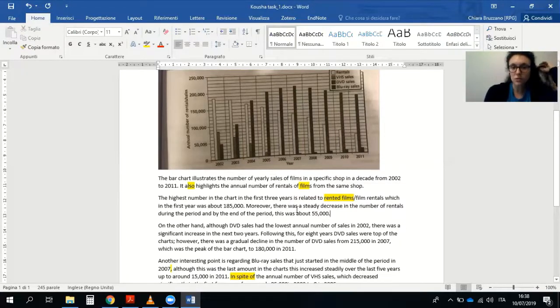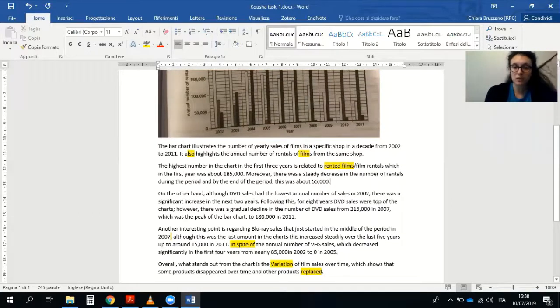So you could have said, rather than there was a steady decrease in the number, and so on, you could have just said that it was reduced by 2/3, for example. And the same goes for this part. So rather than sort of listing these numbers in a sense, it is much better if you can find other ways of representing them, because it makes it a lot easier to read, and it also means that you're analyzing the numbers a lot better. So fractions, percentages, double, triple, that kind of thing.